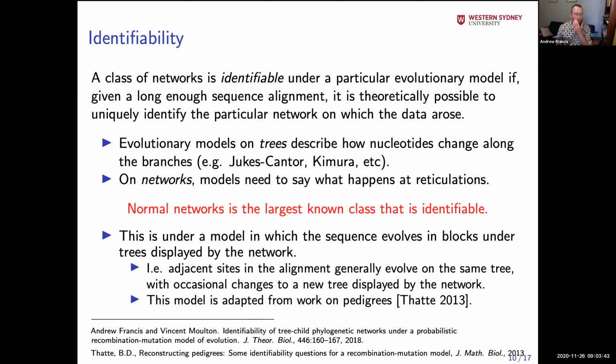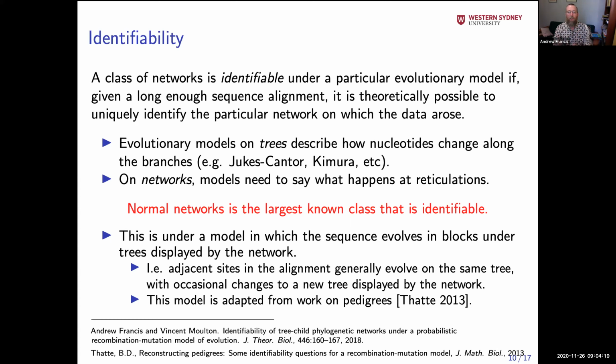Most models are slightly different to the one we used. So we used a model that was inspired by Balchandra's paper in 2013, in which the evolution of sequences at reticulations was fixed on one of the trees displayed by the network until there was a random change, and then you evolved under a new tree. So your sequence alignment has blocks that were evolved under one tree, and then there's a change to an evolution